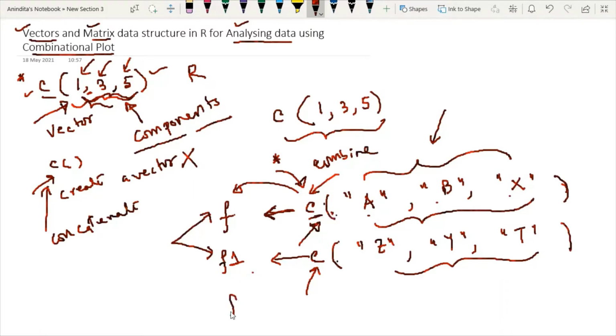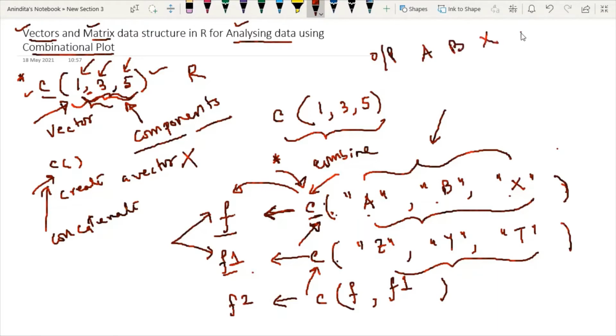Say I am taking a third variable where I write the combination of these two, f and f1. As a result, it will give us the output A, B, X, Z, Y, T. All the vector components will be combined.